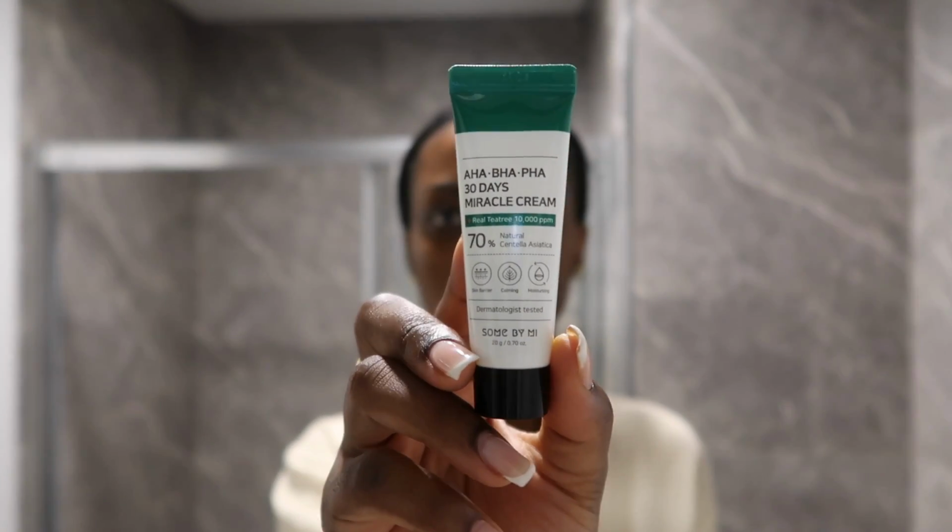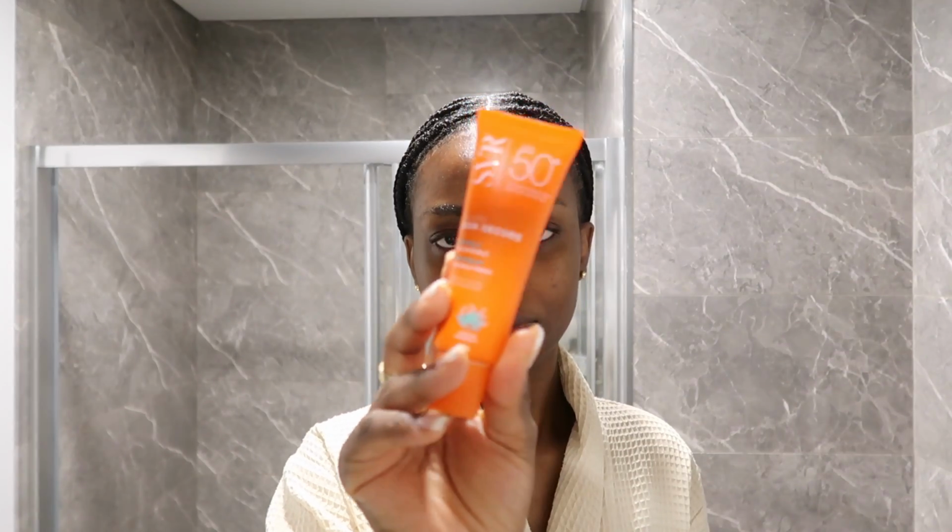For my moisturizer, I'm going to use this AHA BHA PHA 30-day Miracle Cream. It's the same brand as the serum, so I'm just going to use that on my face. Whenever I'm applying makeup, I like to use this sunscreen. It's the SPF 50+ sunscreen, invisible finish. I like to use this sunscreen because it doesn't leave a white patch